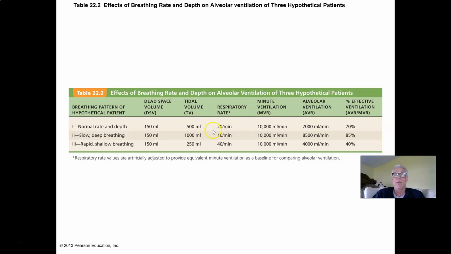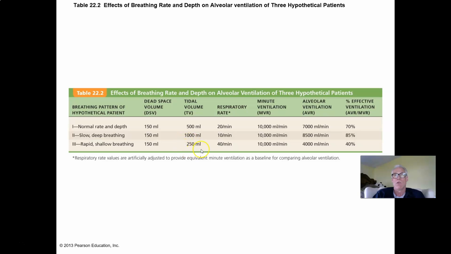If we breathe a little deeper, if we increase the tidal volume to 1,000 mils, a liter per breath, but we slow down the frequency so that the minute ventilation is still 10,000 mils per minute, 10 liters per minute. Now we have a greater alveolar ventilation rate. We've brought a larger amount of fresh air into the alveoli, same minute ventilation, so deeper breathing has been more effective. If we're breathing more shallowly than